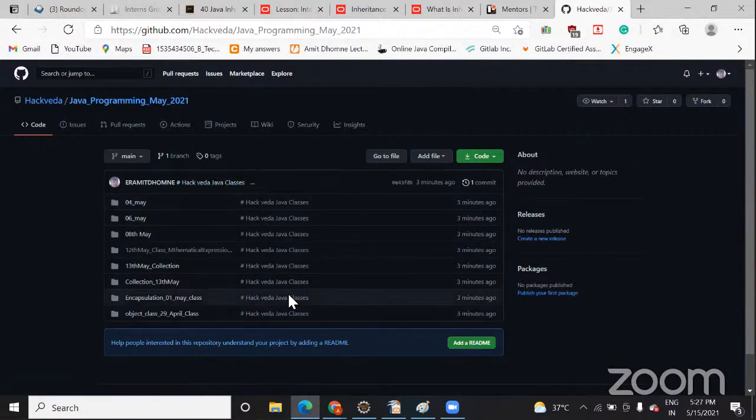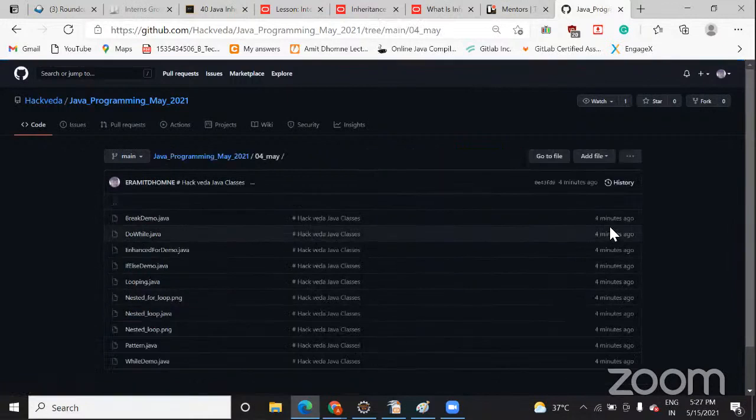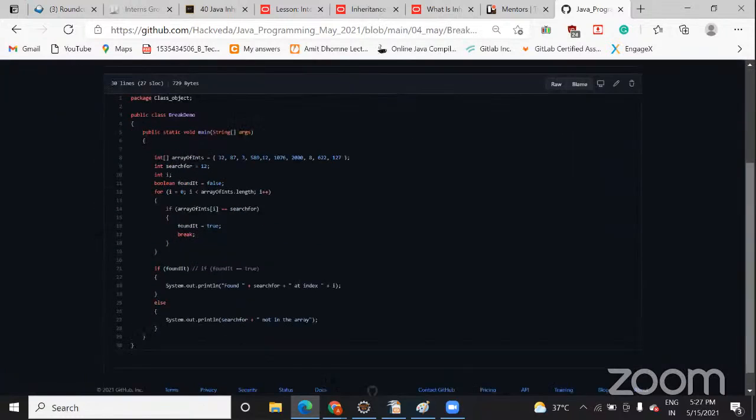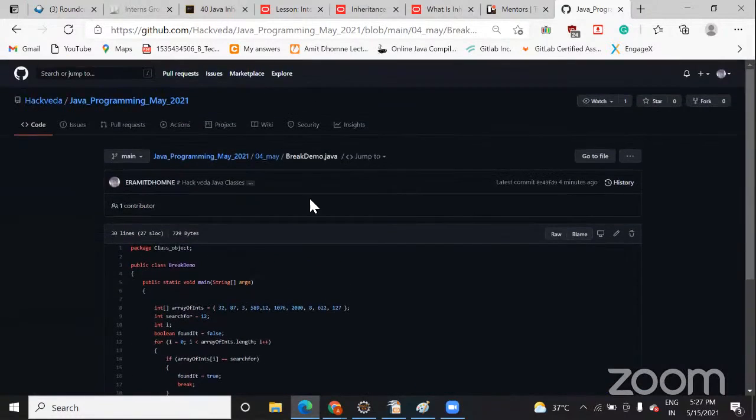In this it does not show you, because I have only uploaded the code. With the help of this git command, you can access this file, edit a file, and upload it. In that case it will show you. And when you click on any file, let me show you.